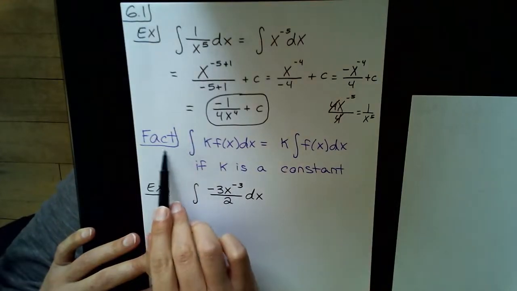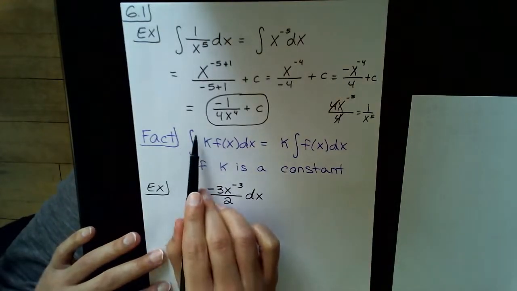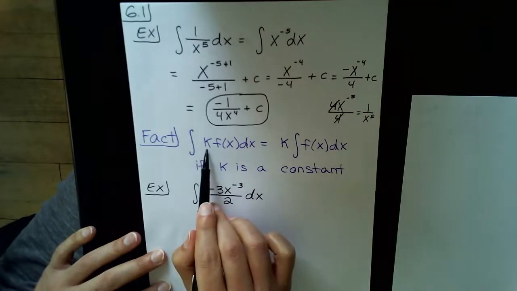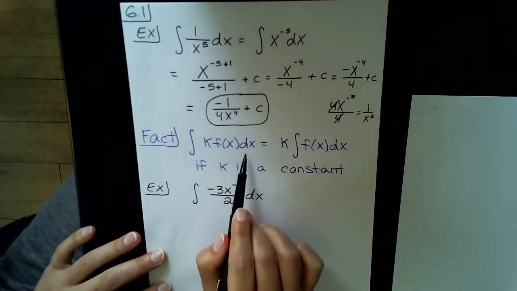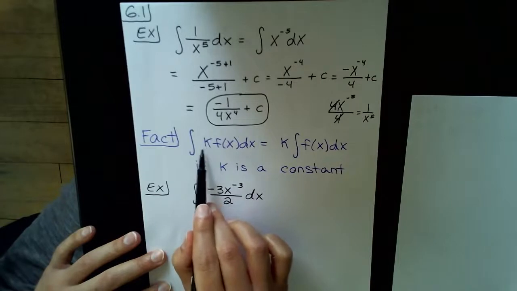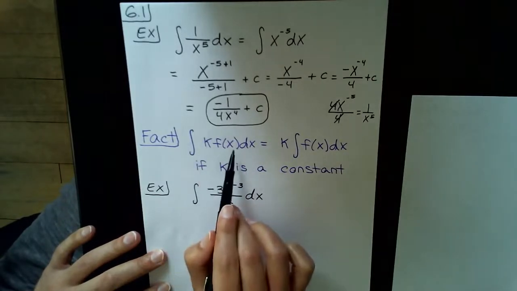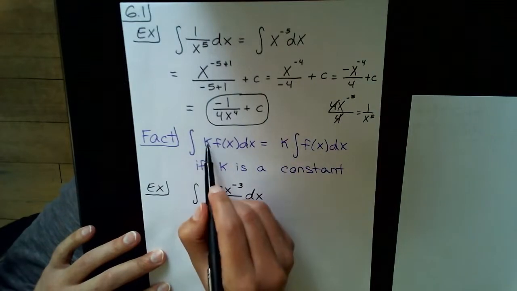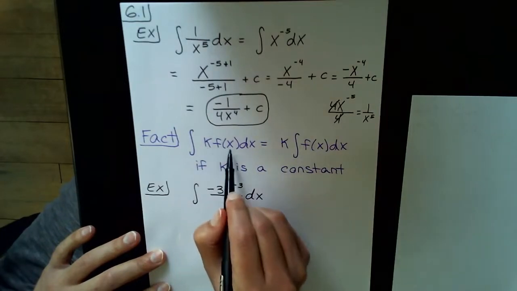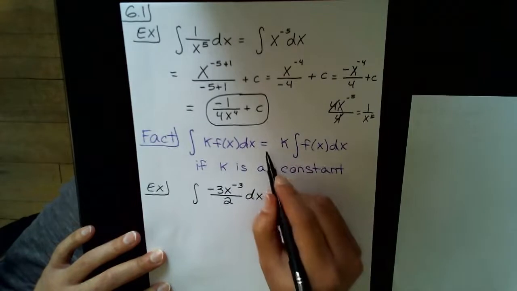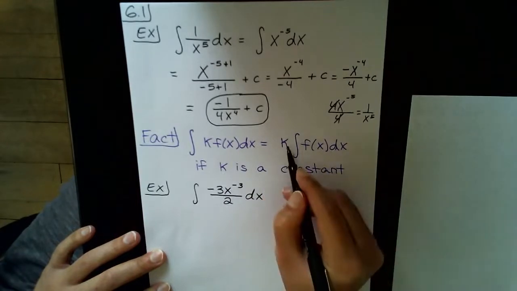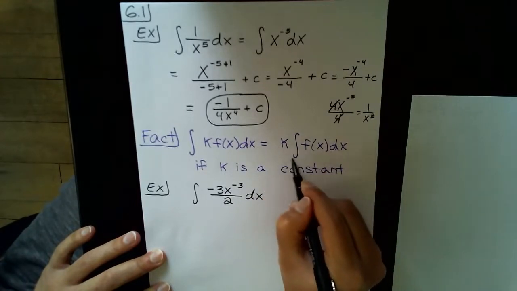So the last thing we need to introduce here is that the integral of k times f of x dx. So all we're doing is multiplying k into what we originally had in our last few problems. If we have the integral of k times f of x dx, then that will be equal to k times the integral of